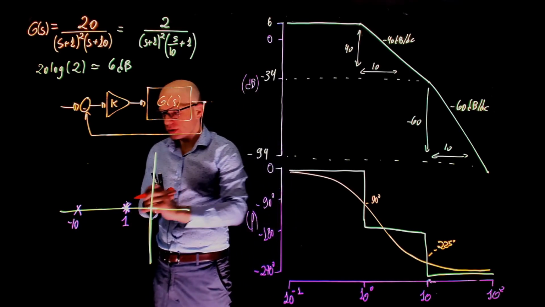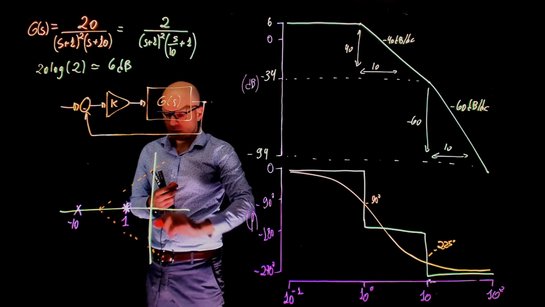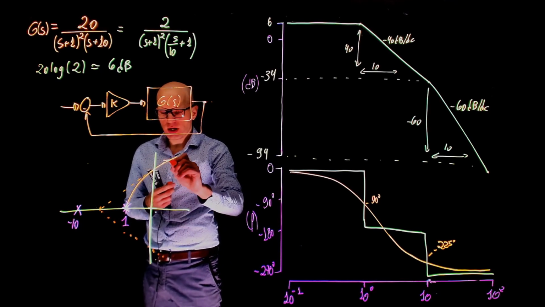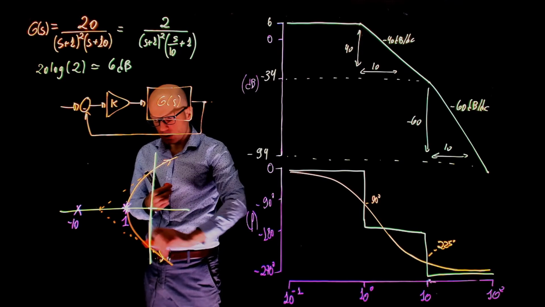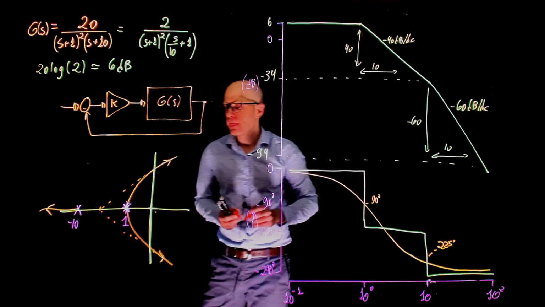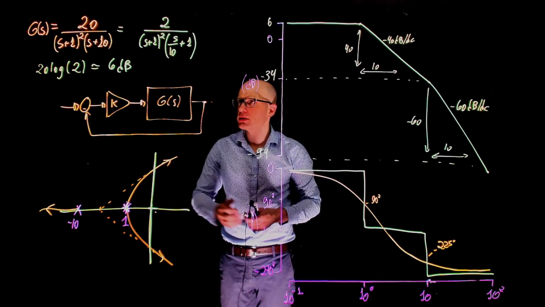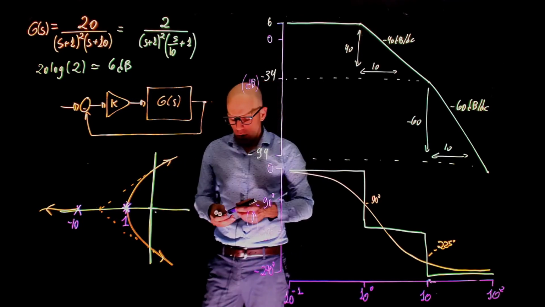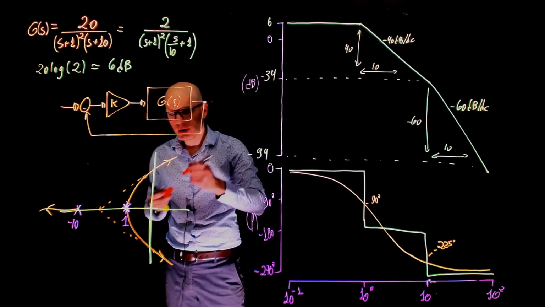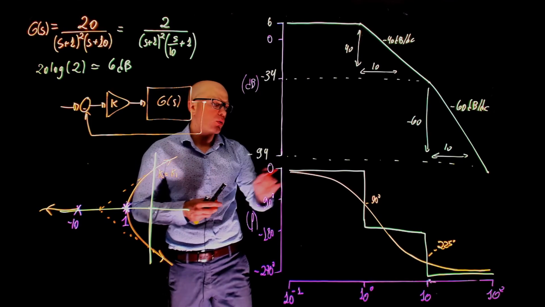So the root locus for this system, we have a centroid around here. One of these poles will go that way, the other one will go downwards, and the pole at negative 10 goes to negative infinity. This indeed suggests that there is a maximum value of k that makes the system unstable. When you reach this specific point here, for a certain value of k equals k1, what are we looking at